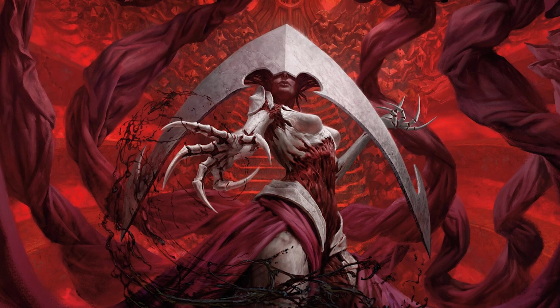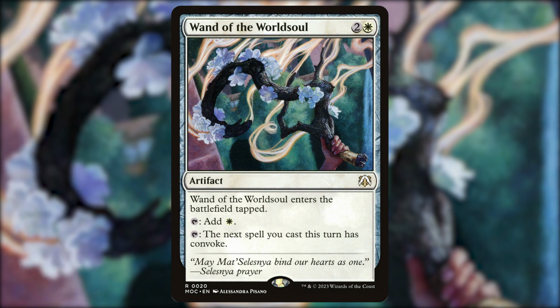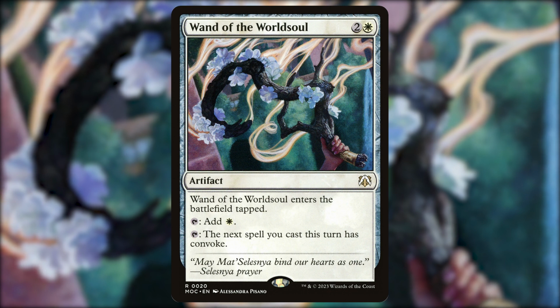So the first one I'm going to be talking about here, number 15, Wand of the World Soul, 2 and a white for an artifact. Wand of the World Soul enters the battlefield tapped. You can tap it to add a white, or you can tap it to have the next spell you cast this turn have Convoke. So first things first here, I really like that they're adding more of these colored 3-mana